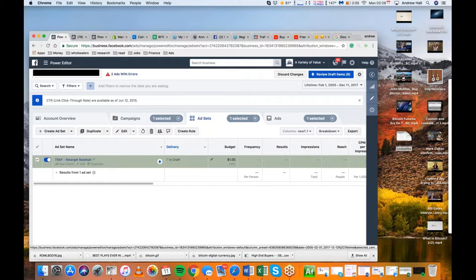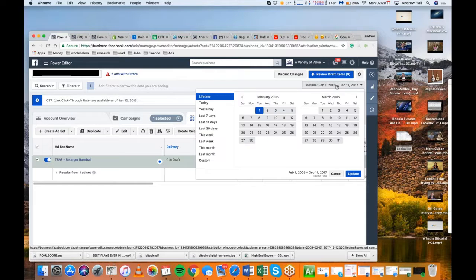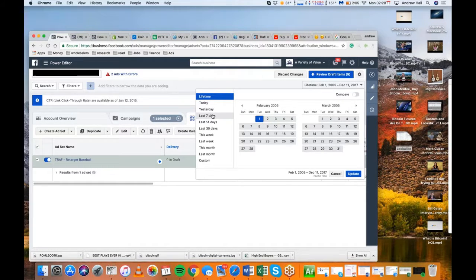If you switch this from $1 to $100 instantly, it's going to reverse the optimization. You'll probably start paying a lot more per conversion. But if you slowly start stepping it up by 20% every day and it continues to be profitable, then you're still in business. And what I like to do is look at lifetime, but then also look at the last 3 days of the